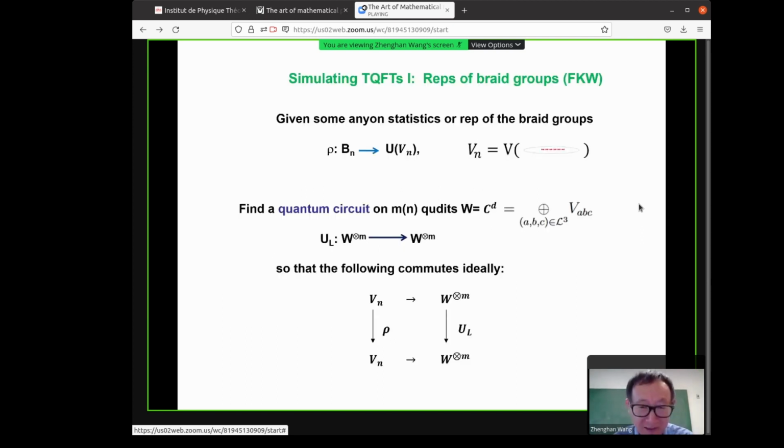And I will quickly go over the idea of simulation for topological quantum field theories because this is the only mathematical simulation I know of well. And basically, I want to do everything modeled on this simulation. So suppose you have a representation of the braid group you want to simulate. In computer science, when you say I have a problem, you have to have a parameter, because you need the parameter to go to infinity in order to say what is efficient and what is not efficient. So here the parameter is the number of strands in the braid group. So you have a representation of the braid group acting on some finite dimensional Hilbert space Vn.